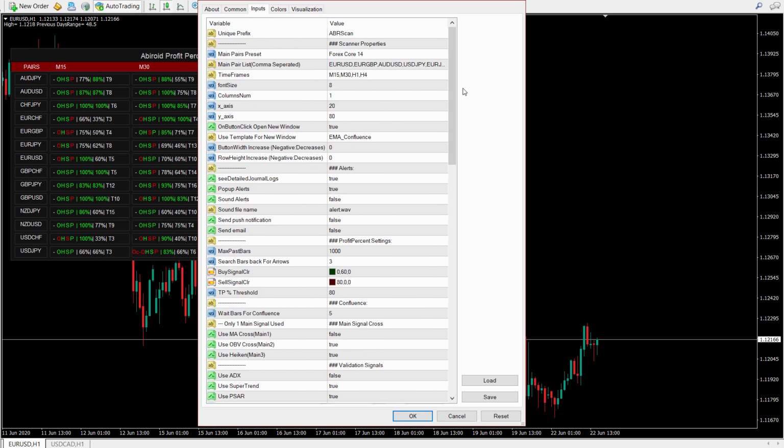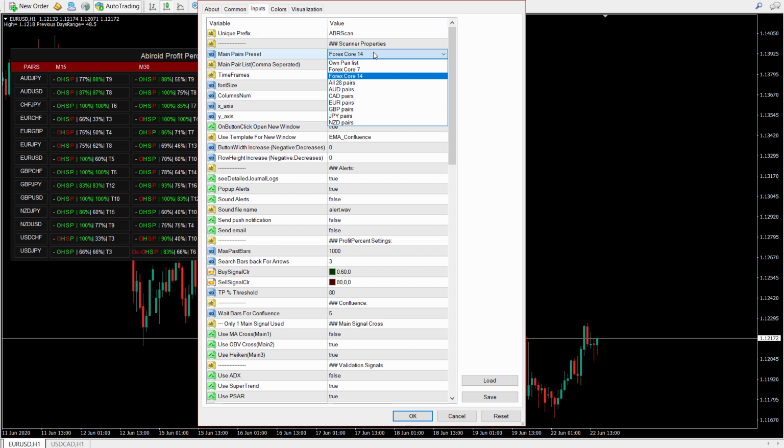And right here we have the same settings for alerts, and these are the dashboard specific settings. So you can set your own preset, whether you want to specify your own pair list.